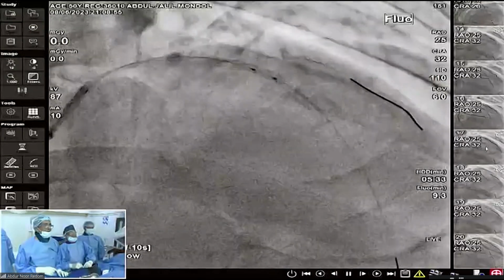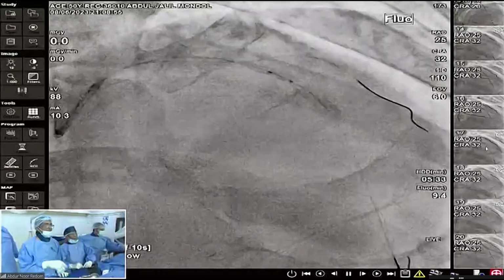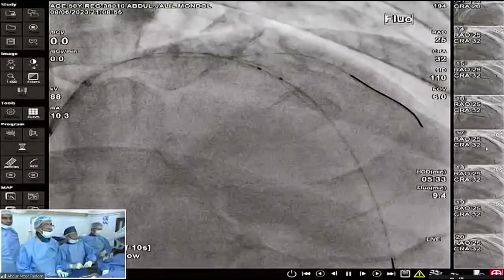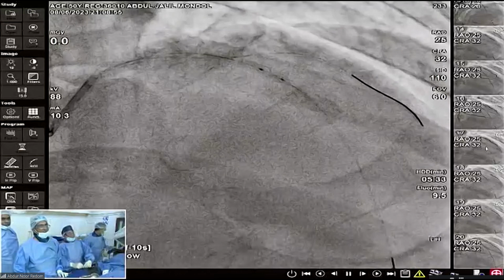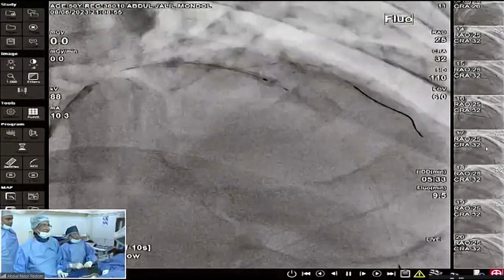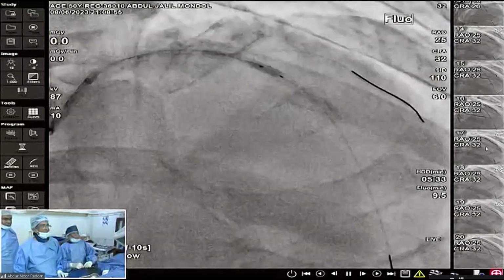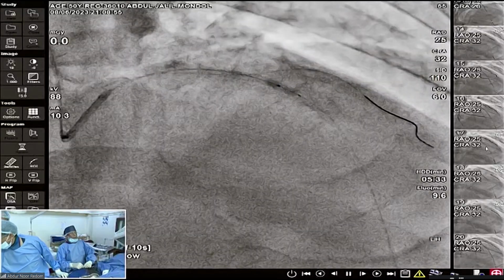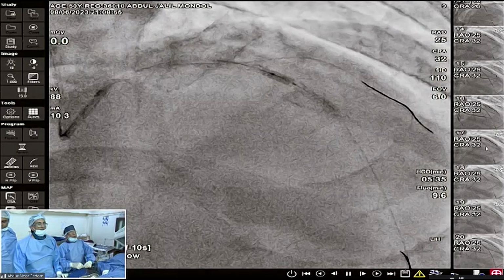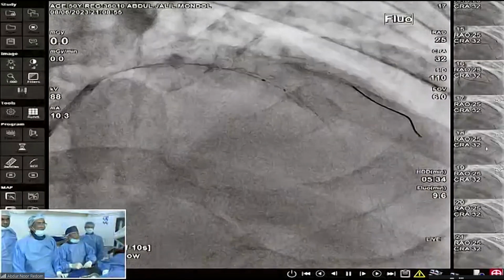You're right. I think we can go just a little bit up to this and dilate it. Yes, 4. That is why my strategy is to go sequential, like 3.5 for the entire body and the proximal part with a higher size. Deflate. Yeah. Come back and next one will be fine.